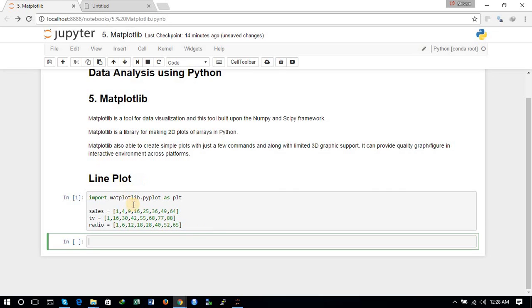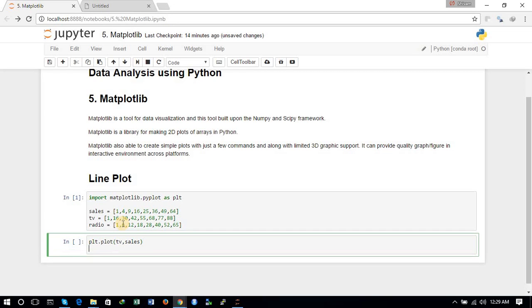And now first of all we will plot a line plot, and so we will start with the plt.plot command, and we will see what the impact of TV advertisement is on sales. So this is the basic graph, and now we will provide some arguments like x label, y label,